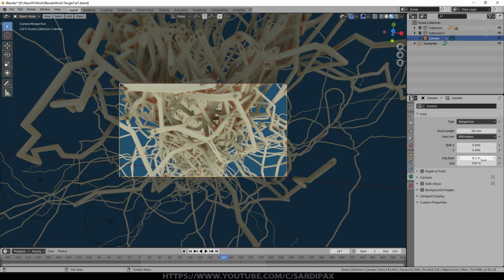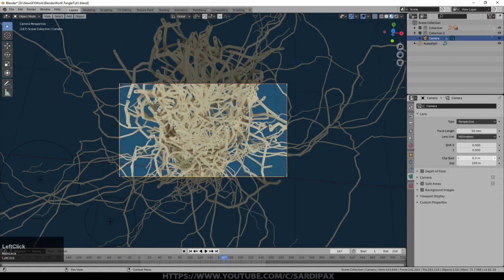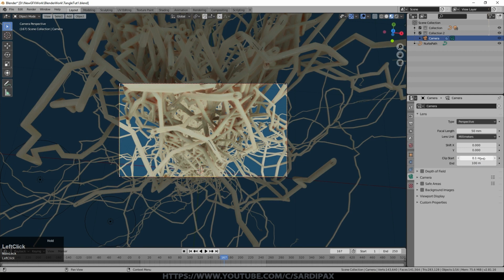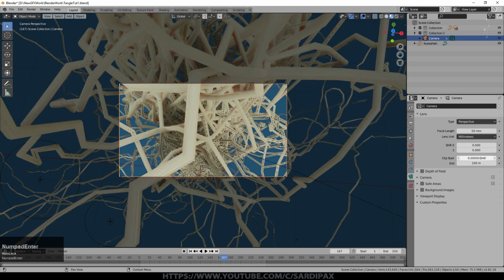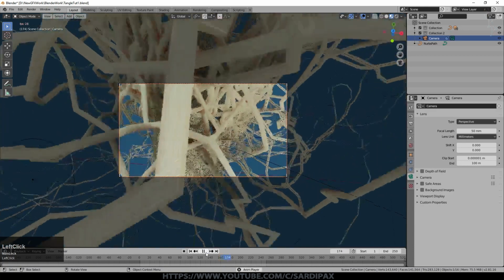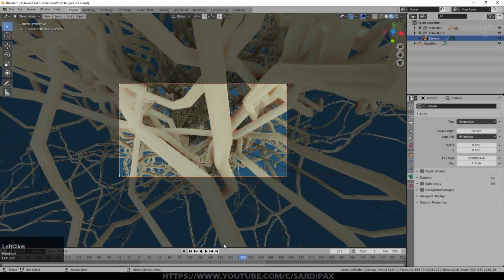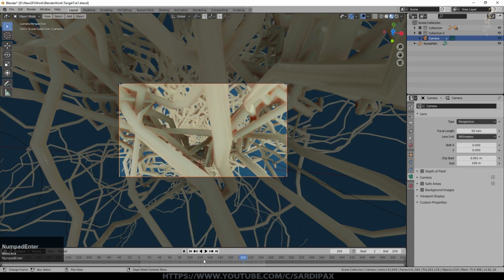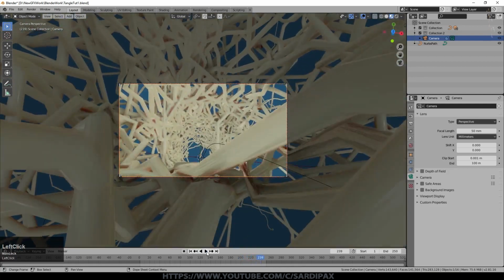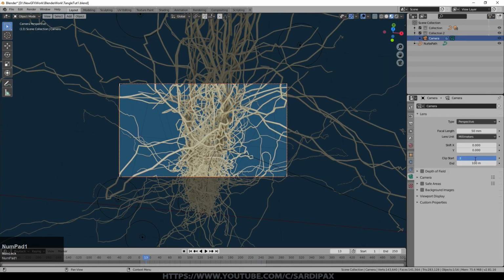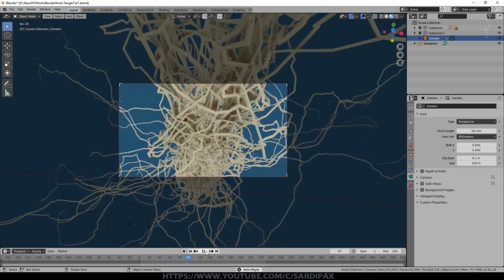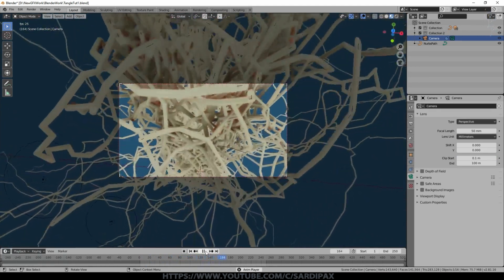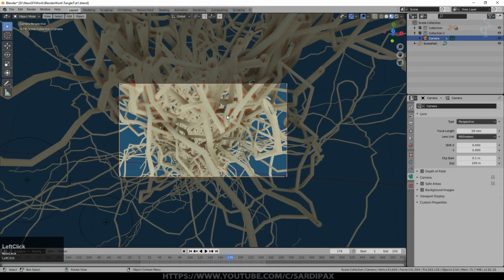So clip start is the closest an object can approach the camera before which it stops being visible to the camera. If I increase this, you'll actually see more of the mesh disappear, or I decrease it to the minimum value, and we can pretty much see everything. You do get a few strange effects if you set it quite so low. We go with perhaps 0.001, and now it's looking okay, and you pretty much don't see anything disappear. But I stuck with 0.1, and that meant I still had some elements of these little tubes disappearing, which I thought was just an interesting effect.